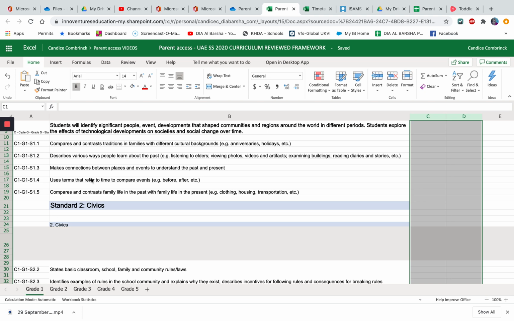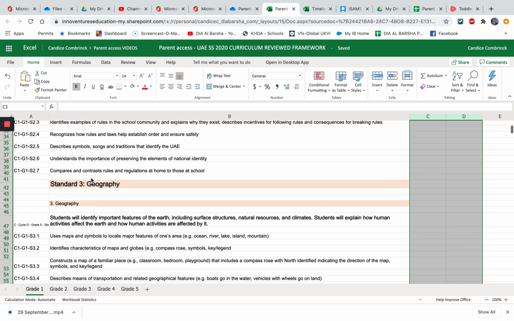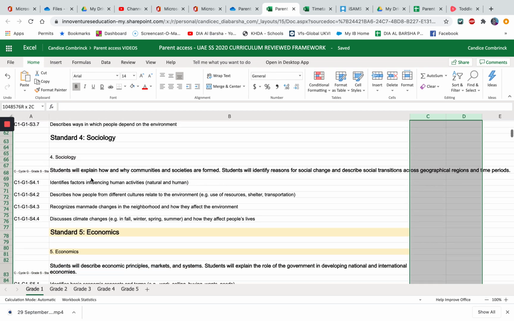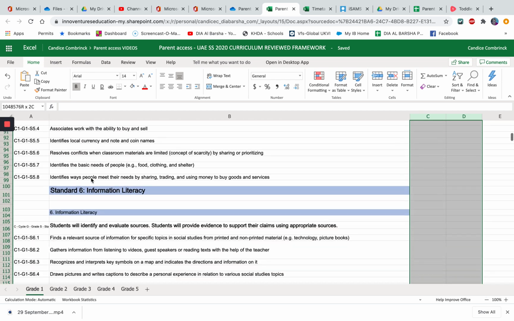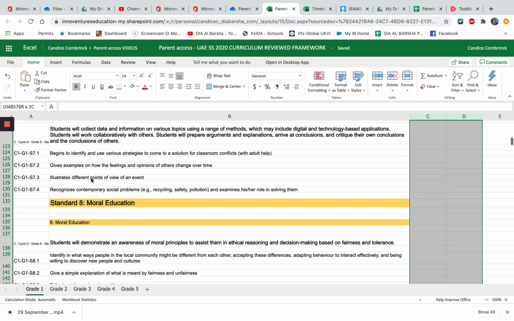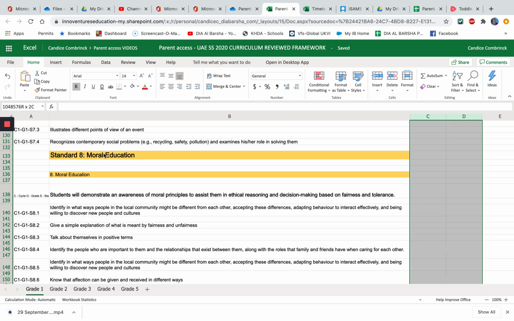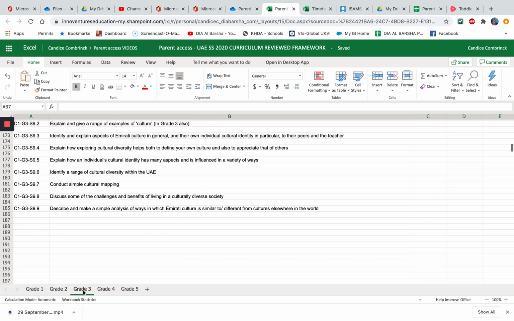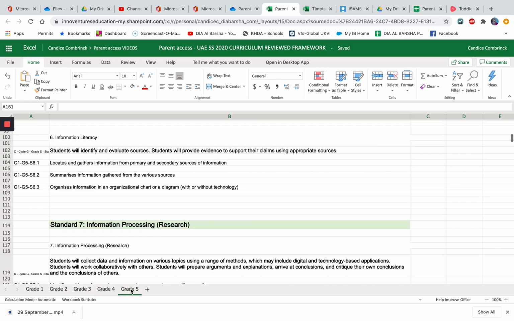But as of this year, in the new revised framework, you will see that in Standard 8, as they refer to it, they've incorporated moral education for grades 1, 2, 3, 4, and 5.